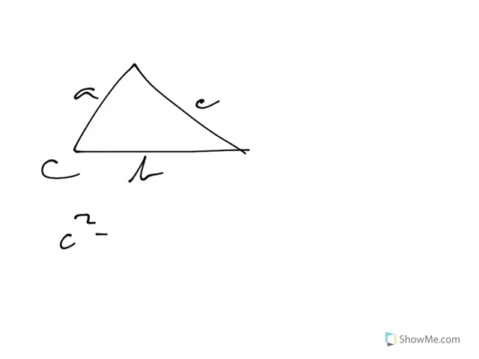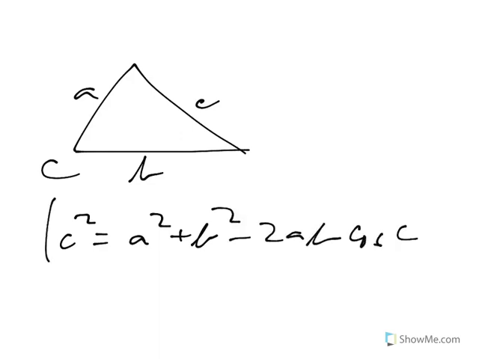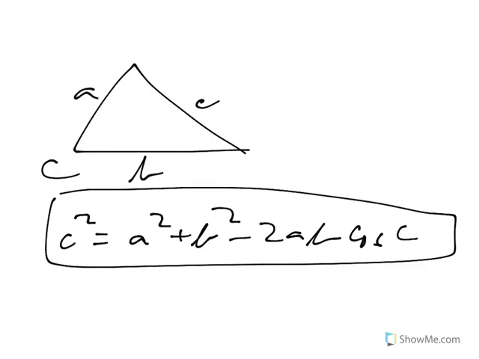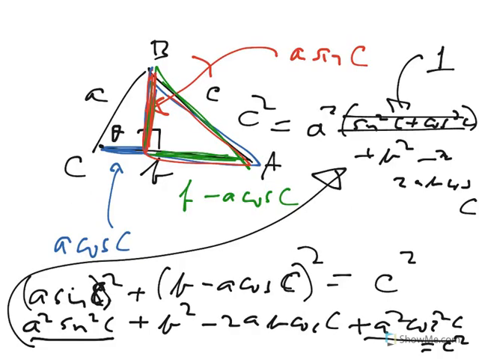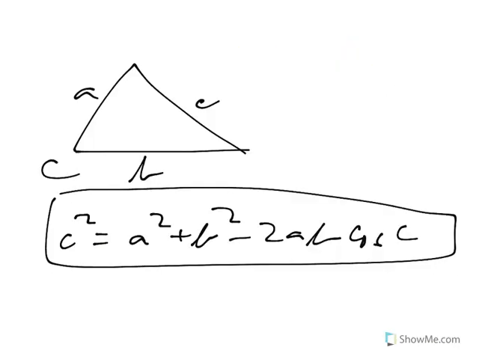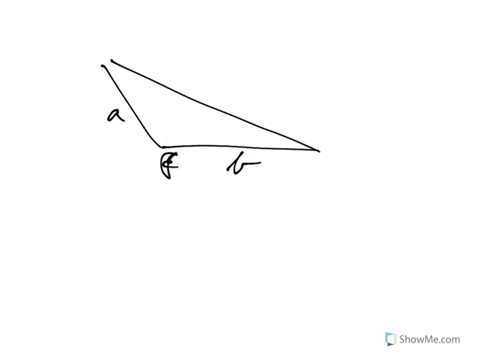Which is that c squared equals a squared plus b squared minus 2ab cosine C. So that's a formula. And I derived it with the acute triangle, but I could have also derived it with the obtuse triangle, but it's actually a little bit harder. You'll see in a second why. So if I draw in this right triangle here,